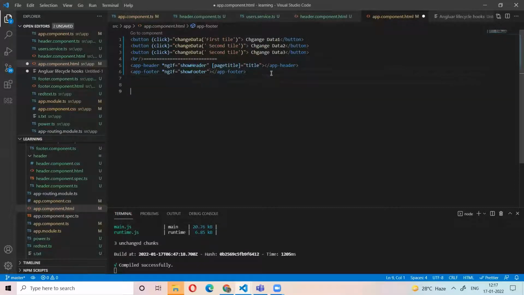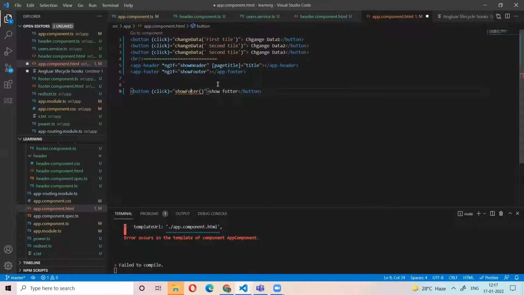Okay. If I click any button, like show footer, what I will do is call a function, showFooter. I write a method. Okay. I have a method, and also I have the other method, showHeader.